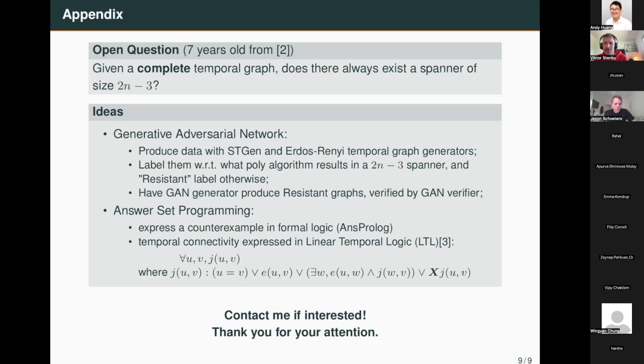I think this was really interesting. The first time I've seen anything about spanners, so it looks super cool. Yeah, it's not the typical temporal graph things you are interested in, I suspect, right? But at least it's interesting and always cool to see something new.